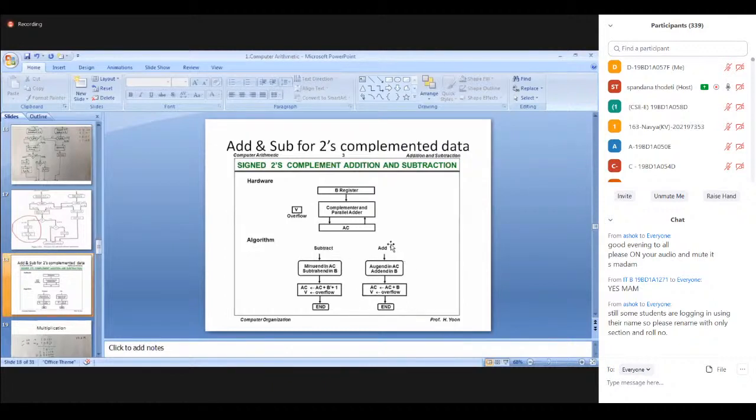When you see the flow chart for performing the addition operation, you will have the data in AC as well as in B. The augend will be there in AC, the addend will be there in B. And these 2 inputs will be provided to this parallel adder, and this is responsible to perform AC plus B. If any overflow is there, that will be stored in the V flip-flop. Similarly, for subtraction also, you can do it with 2's complement, AC plus B complement plus 1. If there is any overflow, we can store it in the V flip-flop. So with this, addition and subtraction will be done.